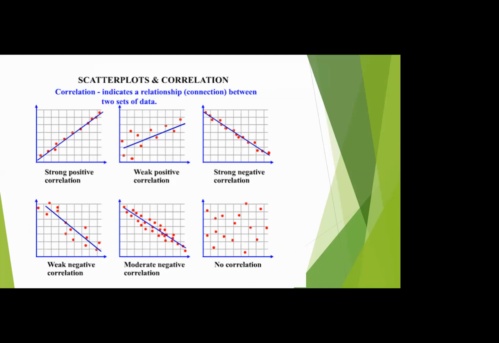These are some examples of scatter plots. Here, while the x value increases, the y value is also increasing. If we draw a linear line, most of the points are very closely clustered around the straight line, or on the line. So we can say that there is a strong positive correlation between x and y.